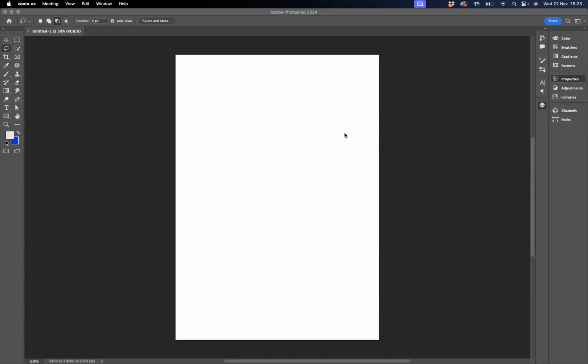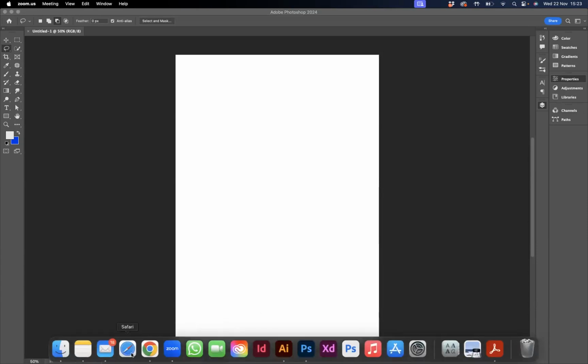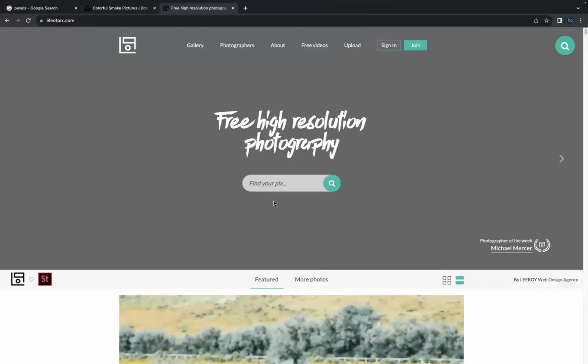The only problem is that you're going to have to go out and find these images and you have no place to find them. But we have certain websites out there on the internet that we can simply use, and we can get some really cool images to work with on our designs in Photoshop. Now, if we go onto the internet here, the three websites I want to talk to you about,